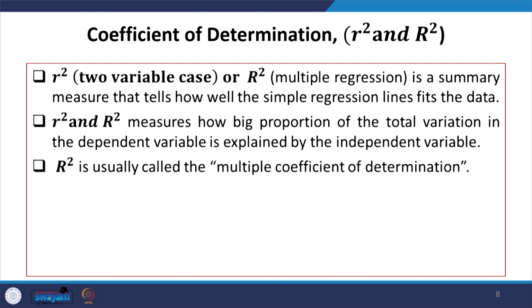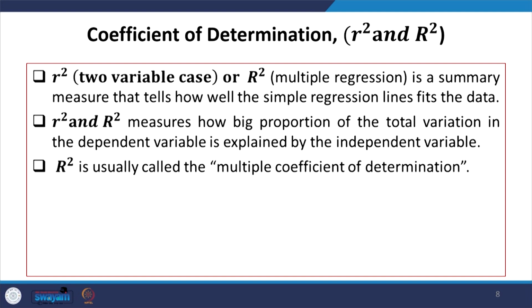So, in that case, if you are taking two variables, it is simply called small r square. Usually small r is taken as the correlation coefficient of two variables, okay. But if you are taking capital R, that is called multiple correlation, okay. Capital R is for multiple correlation, and small r is called correlation between two variables, bivariate correlation.